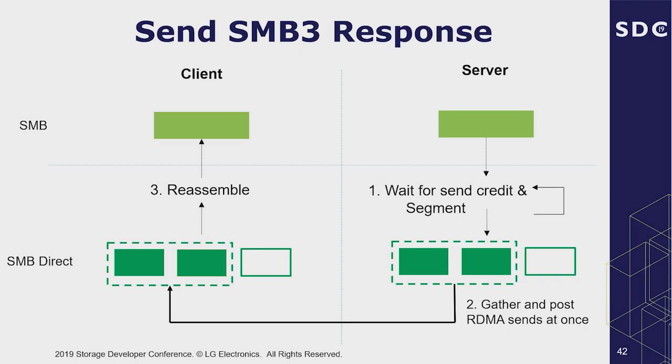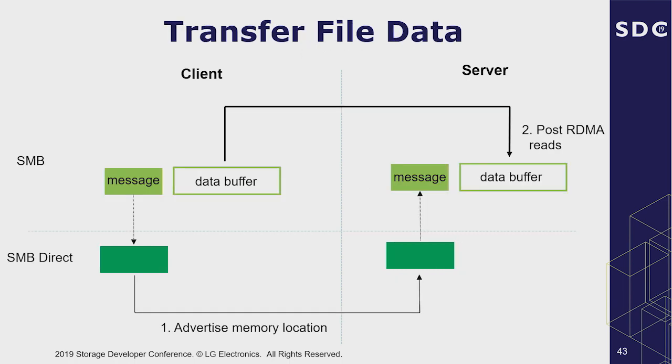into an SMB3 message. For file write, unlike TCP, the client doesn't send file data with the SMB write request. Instead, the client lays out the buffer and sends the location of the buffer within the SMB write request. The server posts multiple RDMA read operations to get data from the location of the remote buffer, and the bulk of data is transferred by the network card on each side.